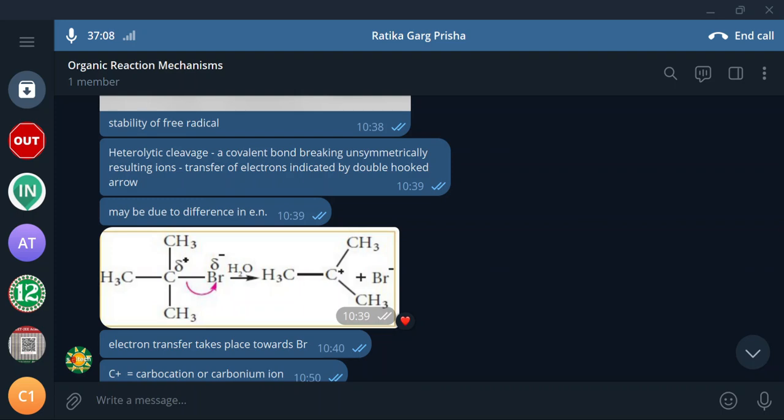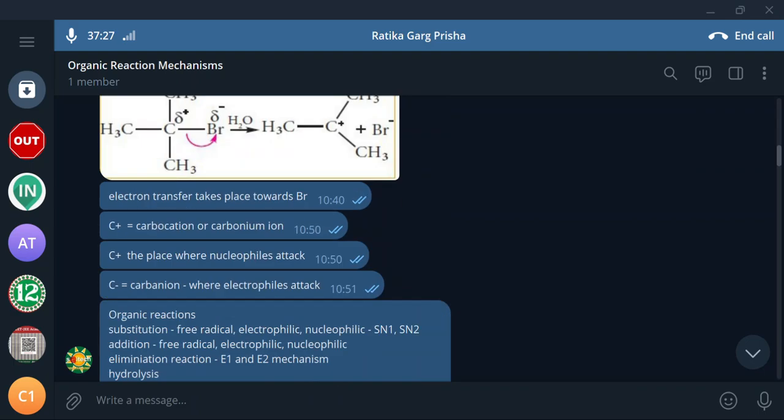And this has lost one electron, so this becomes a cation. So this is the cation, this is the anion. So you can say the ions are the products of electrolysis. Do you understand this? And what about free radicals? They are the products of homolysis. So this carbon with a plus can also be called a carbocation or carbonium